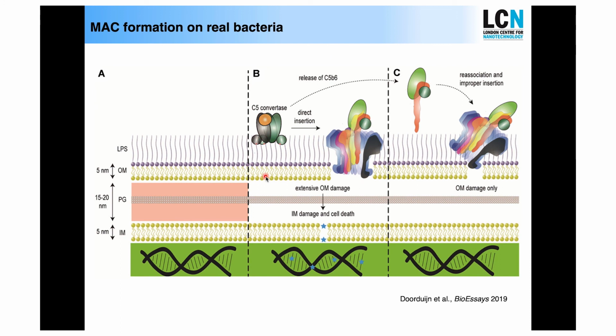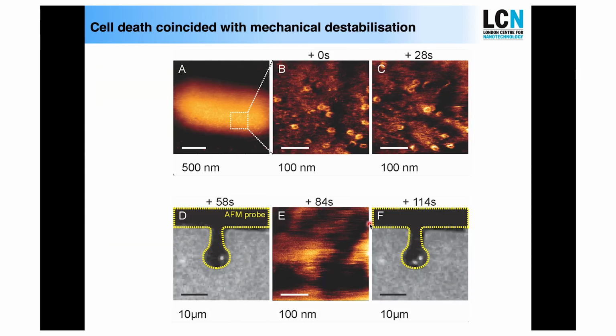So that brings us to the question: how do we get across this composite membrane? We have the outer membrane, the peptidoglycan layer, the inner membrane. There are things I haven't discussed here, about how exactly enzymes at the bacterial surface facilitate membrane attack complex formation and insertion. But we get pores in the outer membrane that we can also see by AFM. We have extensive outer membrane damage, and indirectly this causes permeabilization of the inner membrane by a mechanism that we still don't know. Now,